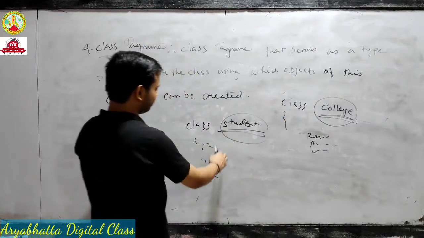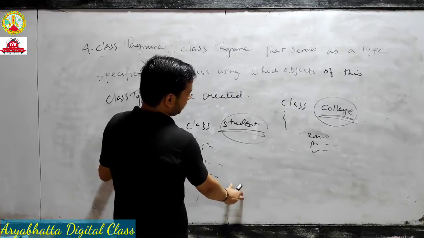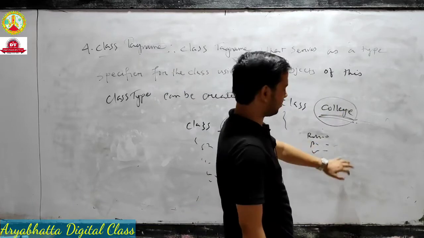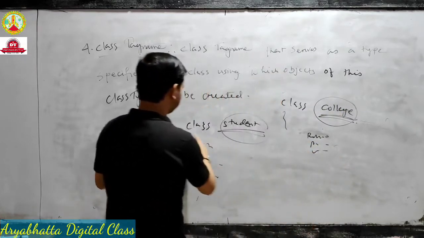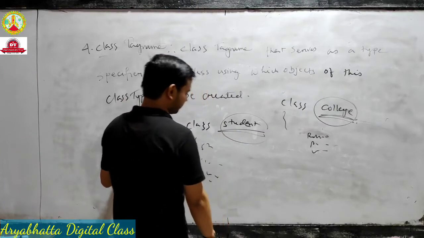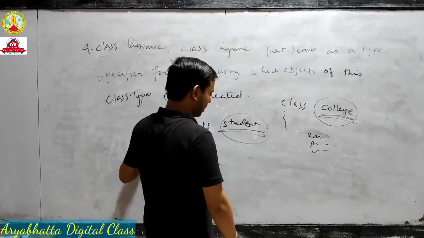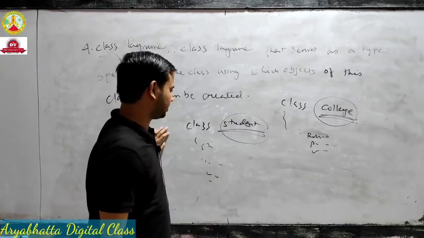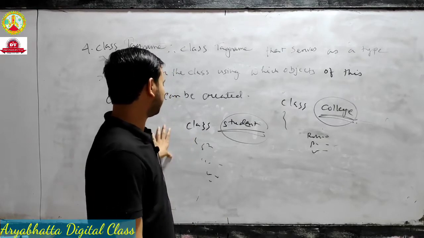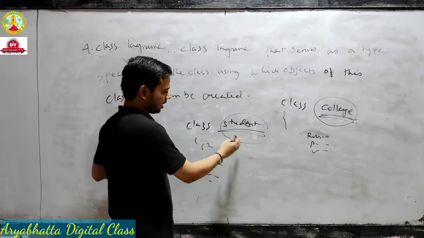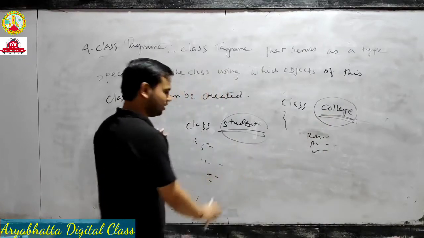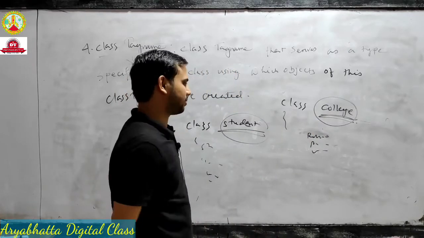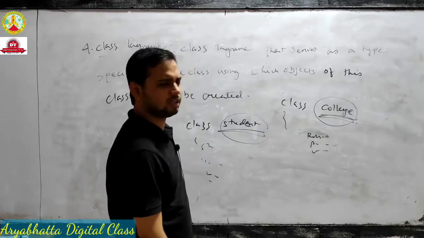When student comes, student relevant information will come. When college comes, college relevant information comes. If you write class college and here write your account number, the account of this class will be wrong. Suppose you write class student, and here you write customer ID, customer balance, customer price, meaning market price, something like that. Then this will be wrong, because that object does not belong in student or college. In student, student relevant information comes. In college, college relevant information comes. And when the marketing concept comes, market relevant information comes. You understood clearly?